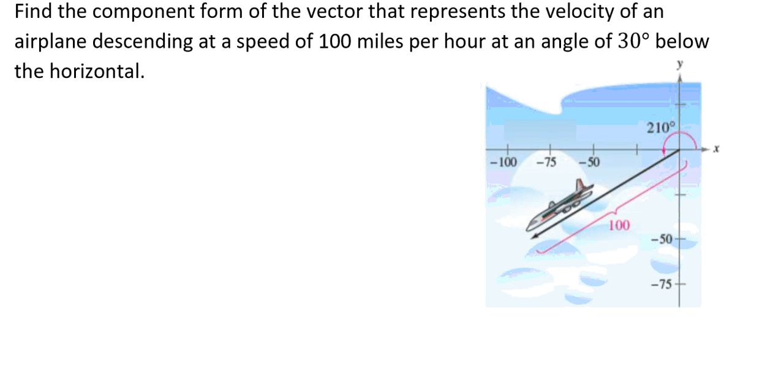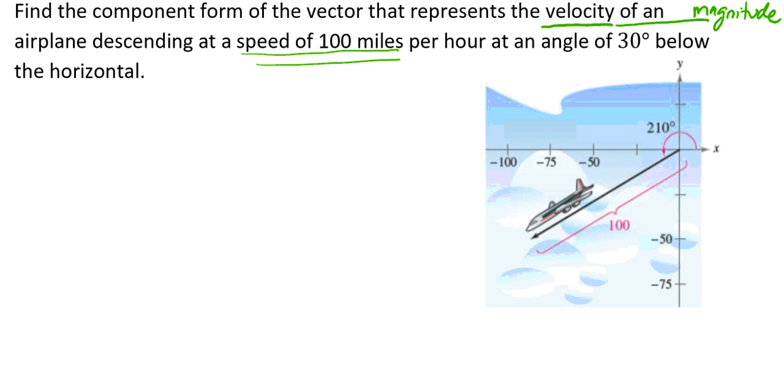So if we look at this, what's important to note is velocity is really just going to be our magnitude. In this case, that's going to be our speed of 100 miles per hour. And then it says that it's going to be at an angle of 30 degrees below the horizontal because we're